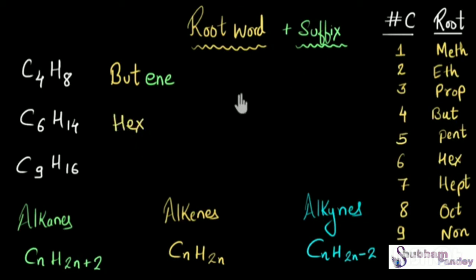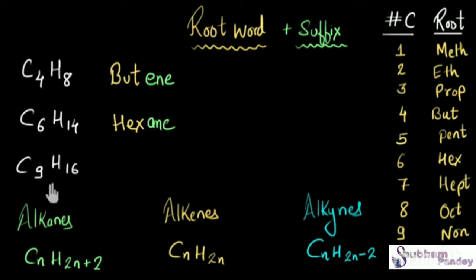Now let's talk about the suffix, whether this belongs to the alkane, alkene or alkyne family. How I like to remember is I quickly calculate whether the hydrogen number is twice that of carbon. If it is, then it will be alkene. If it is 2 more than twice, then it will be alkane. And if it is 2 less than twice, then it will be alkyne. Okay. So here I see that 6 2s are 12, but this hydrogen number is 14, 2 more than 12. And 2 more than twice is alkane. So this is an alkane molecule, and therefore the suffix is going to be -ane. So this compound will be hexane.